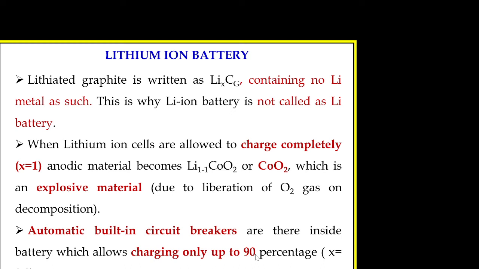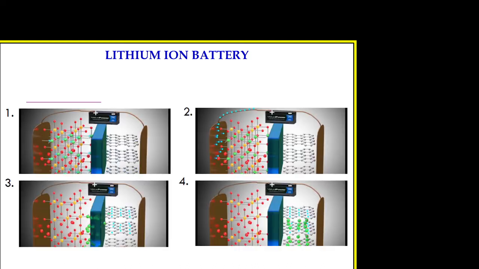Let us go back to the previous slide. This is a crystal lattice of lithium cobalt oxide. Here the green colored ones are lithium ions, which during the charging process are transported through the electrolyte and reach the graphitic layers. The lithium ions are transported to the graphite layers, where they are inserted between the graphitic layers, and electrons are produced